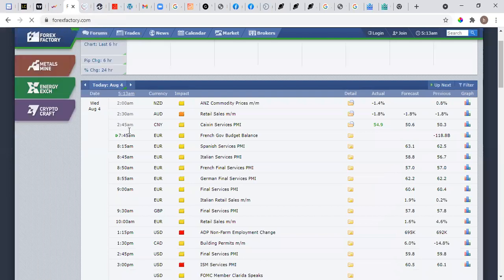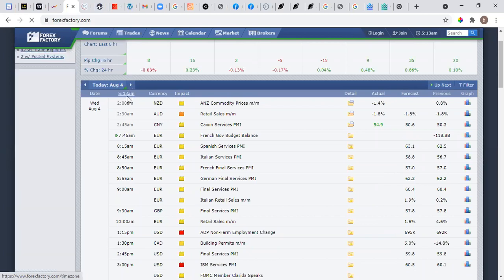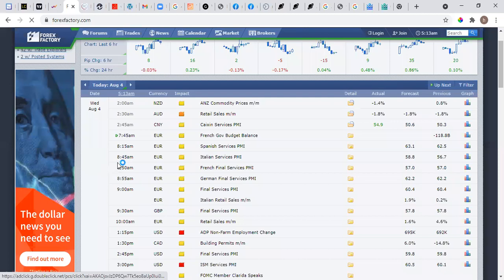This is where you do your sentimental analysis. What are people saying about the market? Sometimes what people say matters a lot, because it is not robots that are trading Forex. It's people, organizations, financial institutions, traders, that determine the movement of the currency. When more people buy, you see that the currency gains strength. When more people sell, you see that the currency loses strength. For example, if Elon Musk says something about the market,